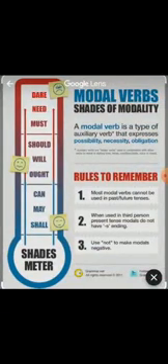So today we are going to do our next topic of grammar, that is modals. As you all are very well aware, a modal is a type of auxiliary verb that expresses possibility, necessity, obligation, permission, ability, etc. So these modals we use to make a sentence. Here auxiliary verb means helping verb.